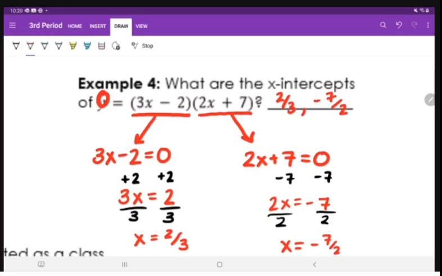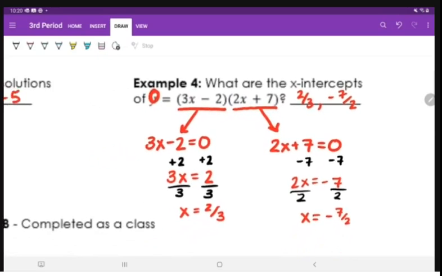So there's a pattern here as well. I'm going to do this in blue, but then I'm going to erase everything. In our first factor, where we did have a negative 2, we now have a positive 2 over 3. So it was kind of like positive 2 over 3 is where we got our answer from. And for the next one, we ended up with a negative 7 over 2. So there's a bit of a pattern with these, and being able to recognize that pattern will make you faster